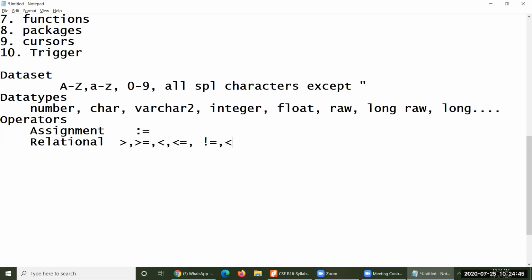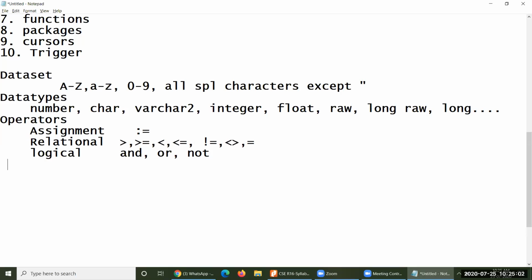Not equal to can be written like this also. All these things are used. Logical operators, and, or, not, can also be used here. You could use any one of them.